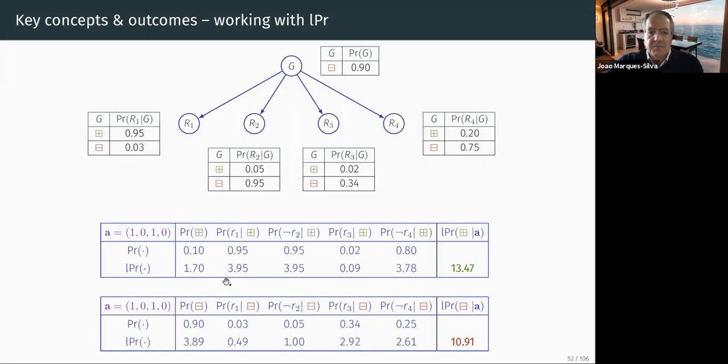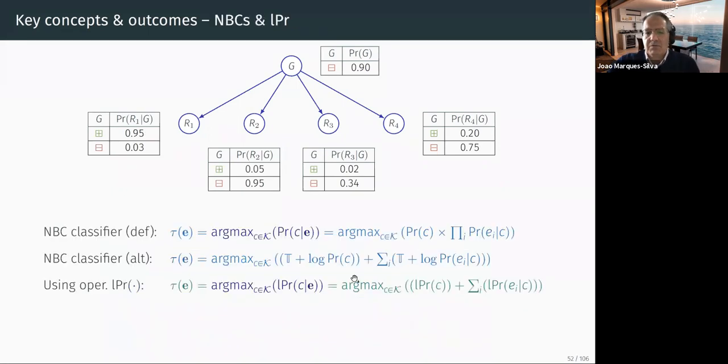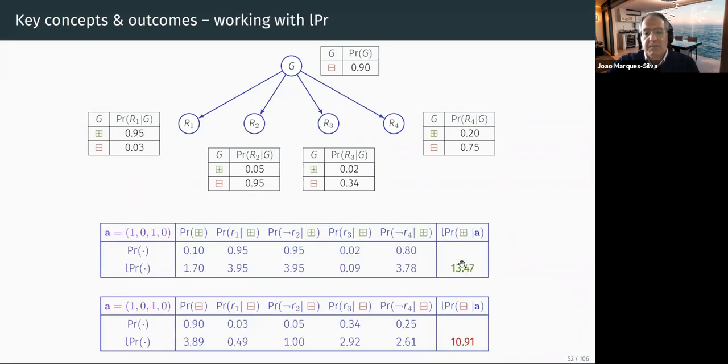So we can just use these values. Let me go back to compute these sub-expressions, and then pick the max. So in this case, the log probability of plus given the input 1010 is 1347, and minus given the input is 1041. So the bottom line is that I'm going to pick class plus. Okay. As I said, I'm going to focus on class plus, but the same analysis could be done if it was class minus. In this case, it's going to be class plus.